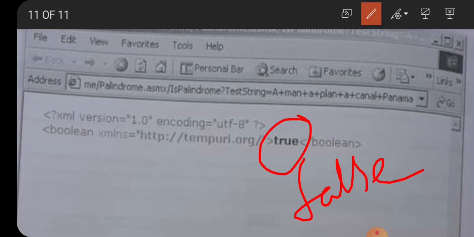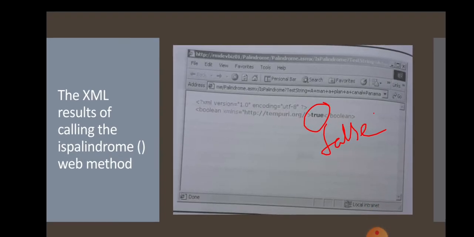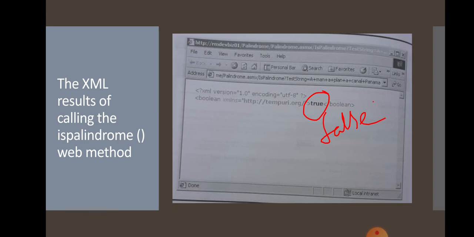This is the web service creation and how to execute the web service. Got it, students? Thank you. Listen carefully. This is one of your practical exercises. Got it, students? Next week we may start our ASP.NET practical.